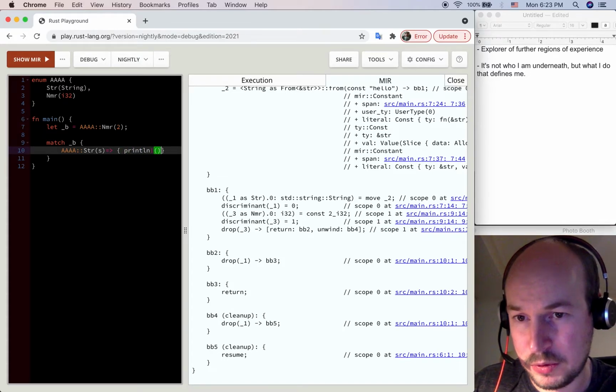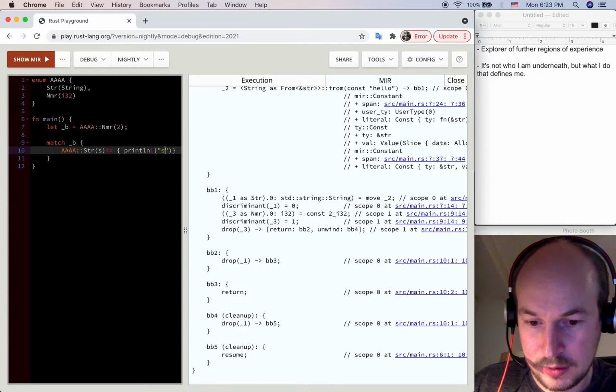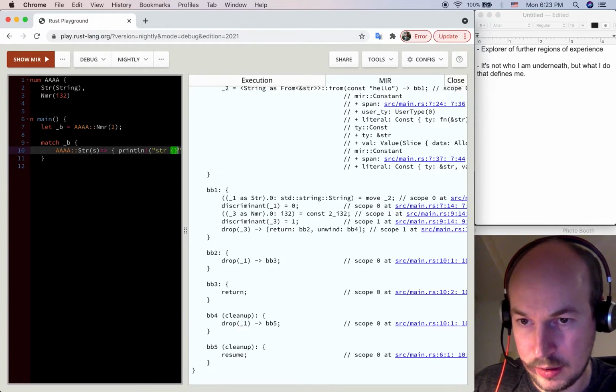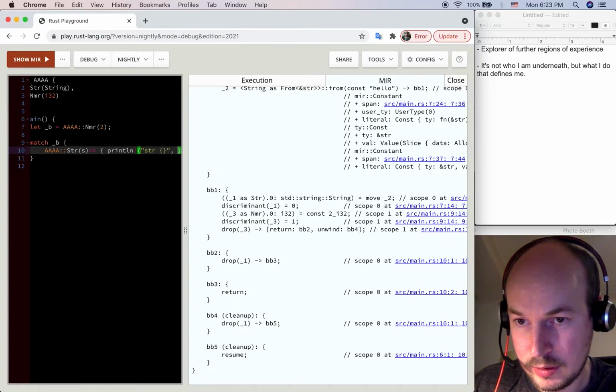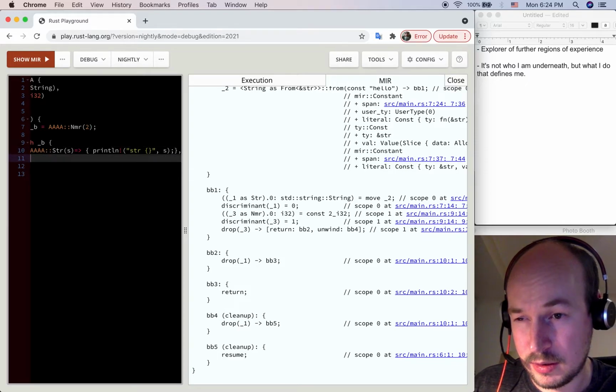So we're gonna output whatever we just received. So str and output s. We have it in scope, and we put this thing here, comma,